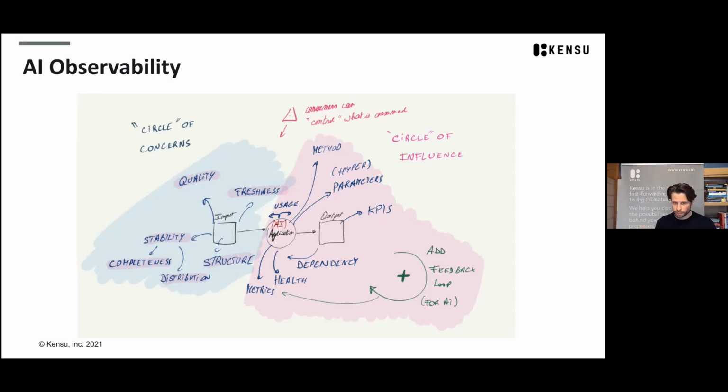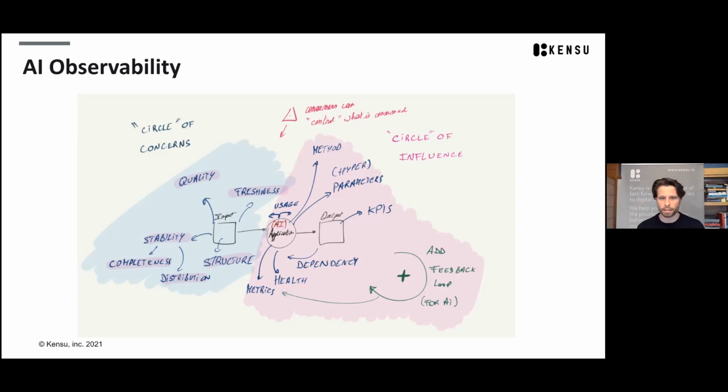The metrics of the application can be the health one, but also the metrics of what it produces. If it's a training of an algorithm, machine learning models, it will be the metric of the model itself. If it's an AI model, you want to also control which method has been applied, what are the parameters or hyperparameters that were provided to the application in order to see if they are still fine.